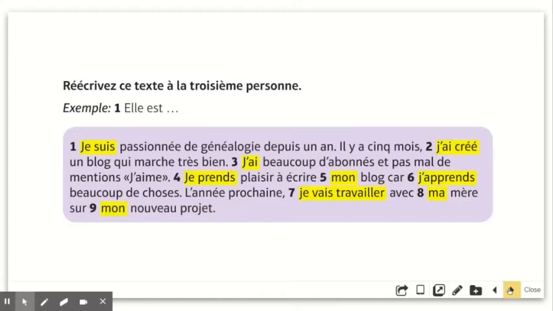You will need to change the forms. So you'll have to look carefully at what the forms are. If you need some help on this, you might want to look up the forms using a website like wordreference.com, which has got a verb conjugator. Here, for example, if you're talking about my blog, just look at number 5. If it's my blog, you'll have to change it to her blog. So you'll have to think about how that one will change slightly if it's talking about somebody else.